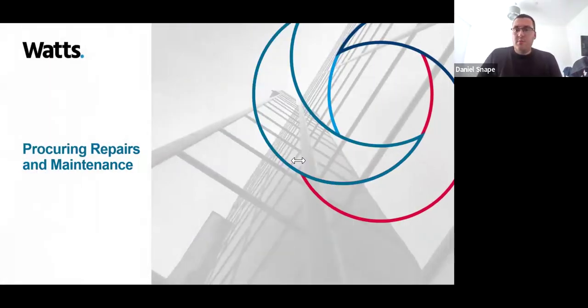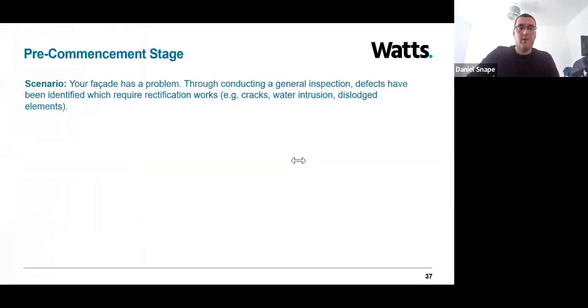So in the final section of this presentation, I'm just going to touch base on procuring repairs and maintenance. So we're going to look at some of the best practice tips and processes to follow to ensure that facade repair works, maintenance works, or reinstatement works are successful. So let's look at the pre-commencement stage and split this out. So we'll take a basic scenario, for example. Your facade has an issue. Through conducting a general inspection, some defects have been identified which require rectification work. So these could be cracks, it could be water intrusion, it could be dislodged elements such as gaskets or seals,